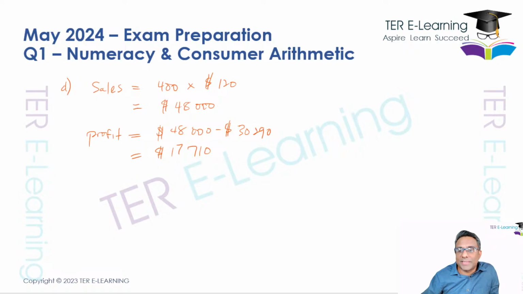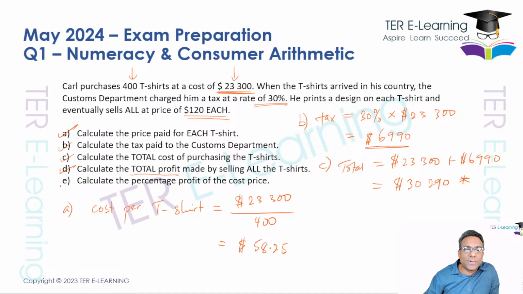Right? So I've seen some people getting that. Great. So at least on the right track. So that's part D here. And the last part of the question, part E, calculate the percentage profit of the cost